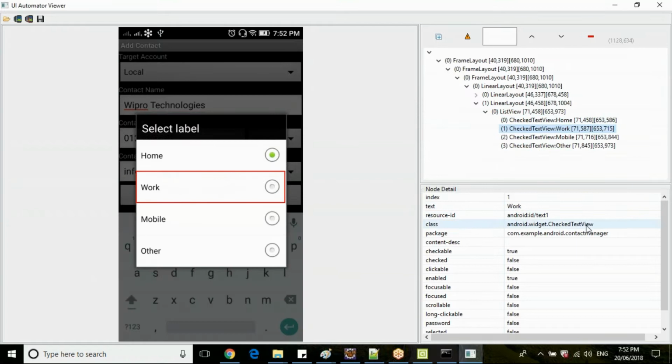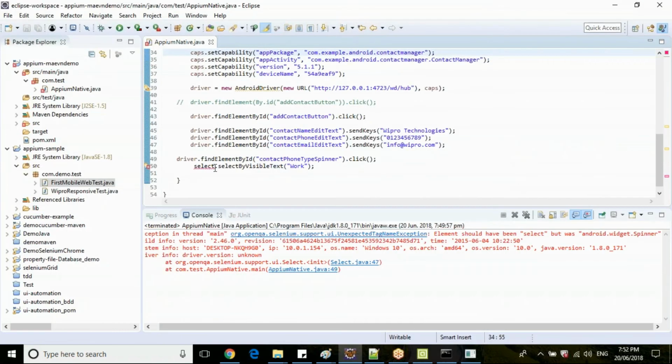Now identify which element you want to click here. So let's say its ID is text one. Copy this one. So click on this particular text box. Then send keys work. Okay, so let's write here.